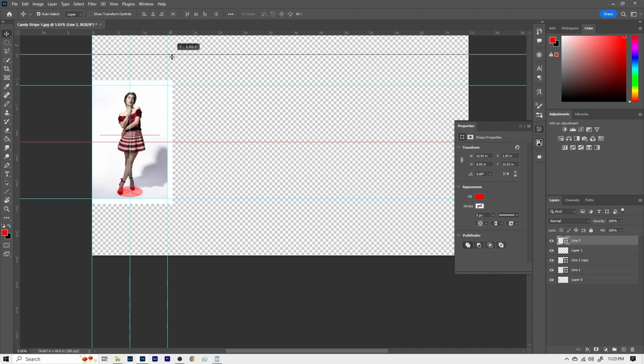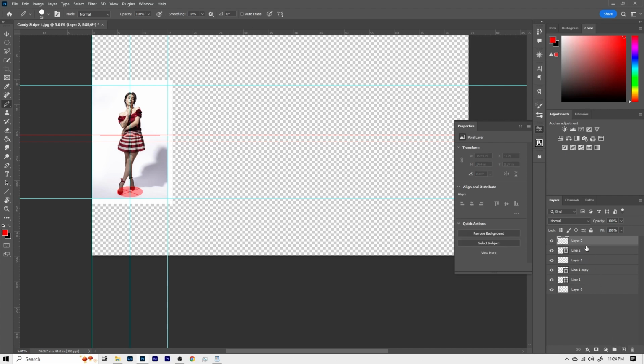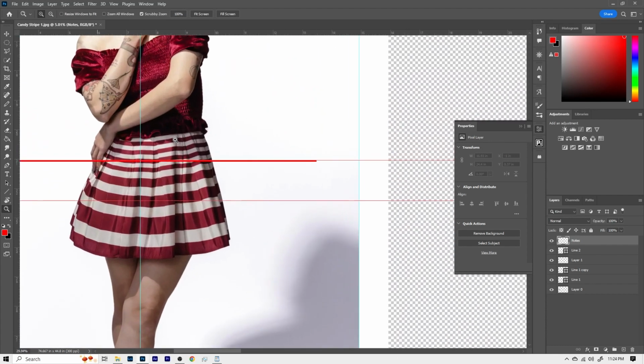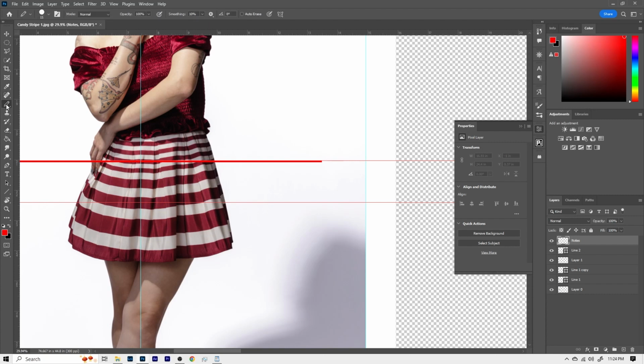All right, let's drag another guide down here to what is our horizon. And if we want to designate some of this, let's make a layer to write some notes on. All right, let's come in here and identify some of this stuff.